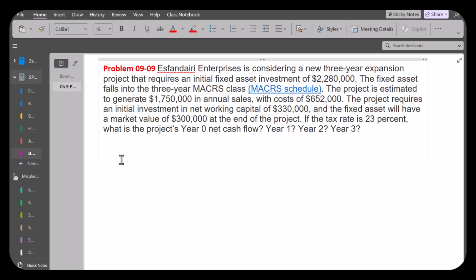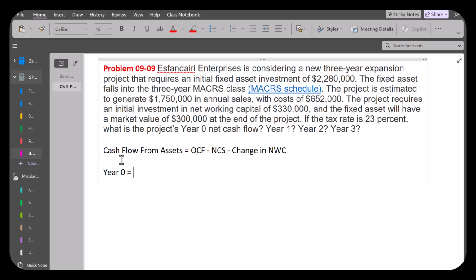And the net cash flow is cash flow from assets, which is OCF minus net capital spending minus change in net working capital. So for year zero,